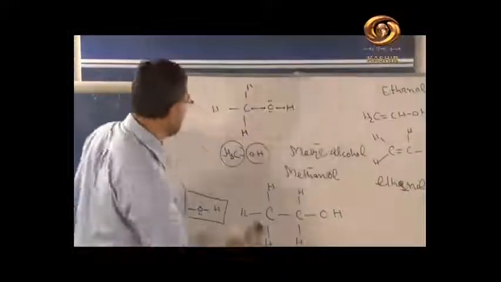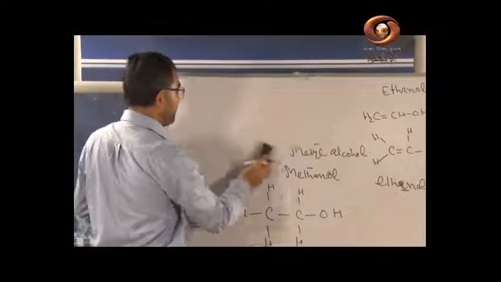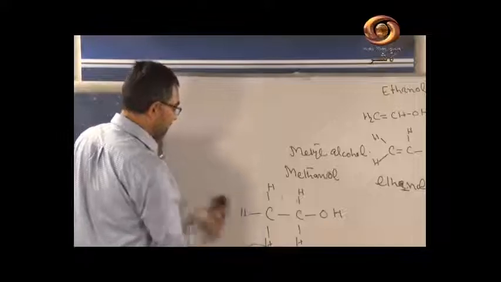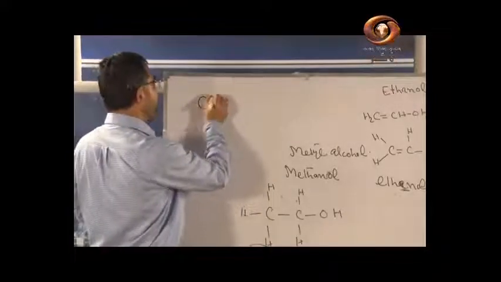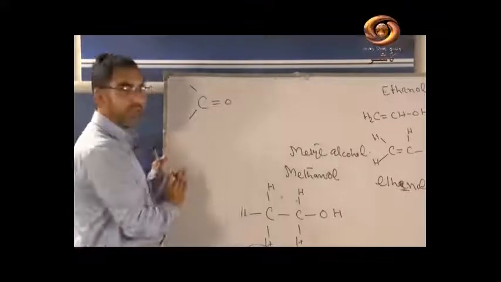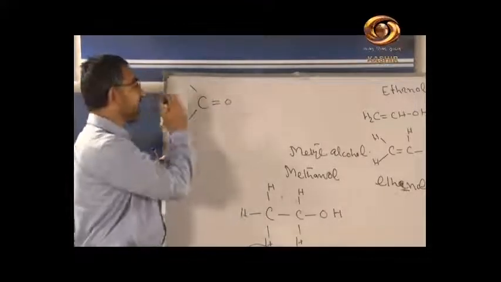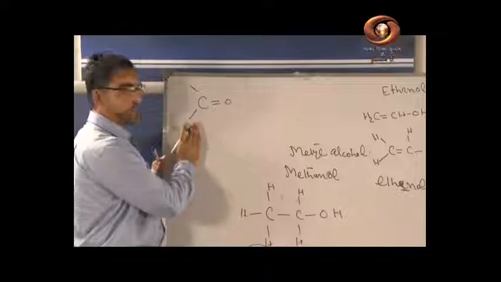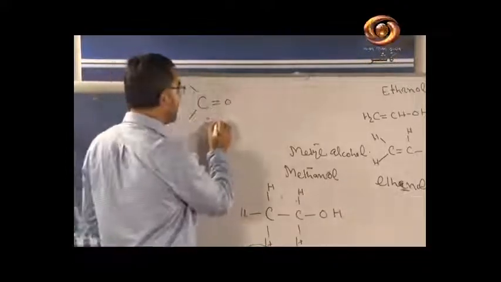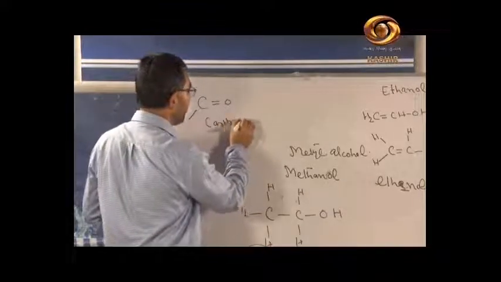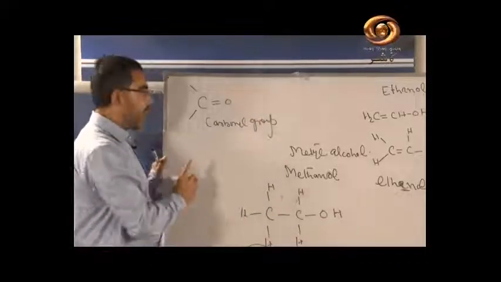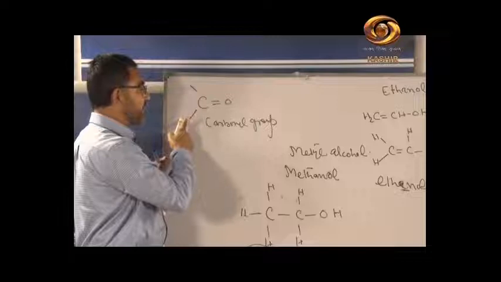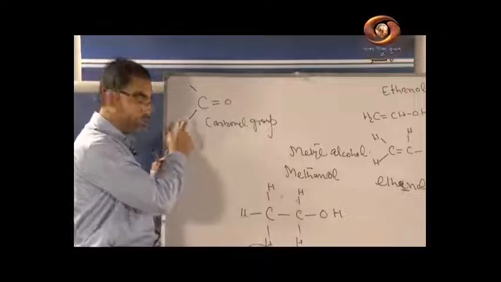One more functional group is that you have the carbonyls. You have the carbonyls, beta. You have the C double bond O, and this C will be attached with one carbon or hydrogen or carbon. This functional group is called the carbonyl group. This carbonyl group, and if there is the carbon and there is the carbon, it will be the ketone.